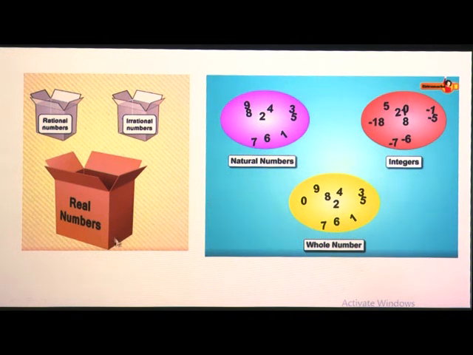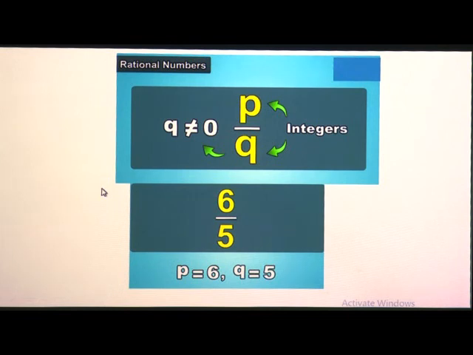And what are the real numbers? It is nothing but rational numbers as well as irrational numbers. Together they form the real numbers. Now rational numbers, this you have to remember, are always written in the form of P upon Q. What is P upon Q? That is, P and Q are integers, where Q is not equal to 0. This is the not-equal sign, a equal sign with a slanting line over it. So Q is not equal to 0.